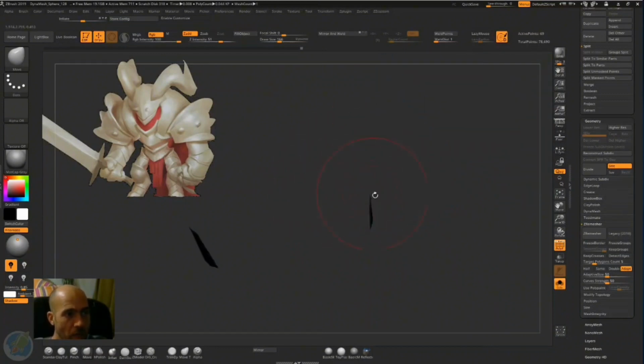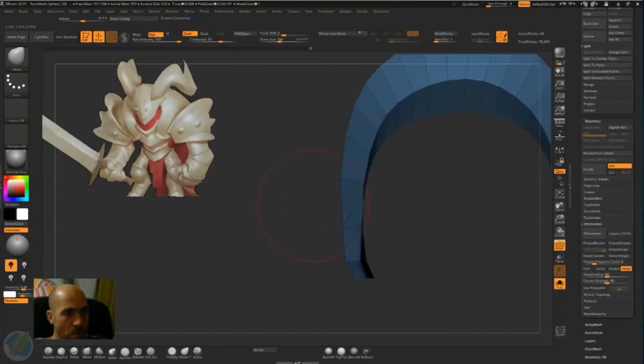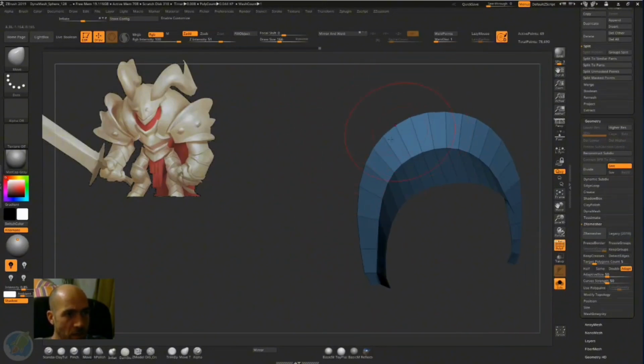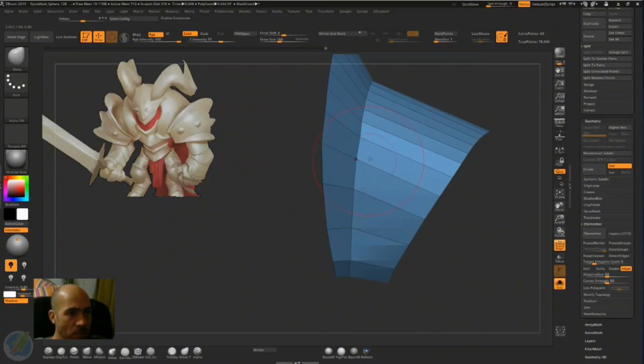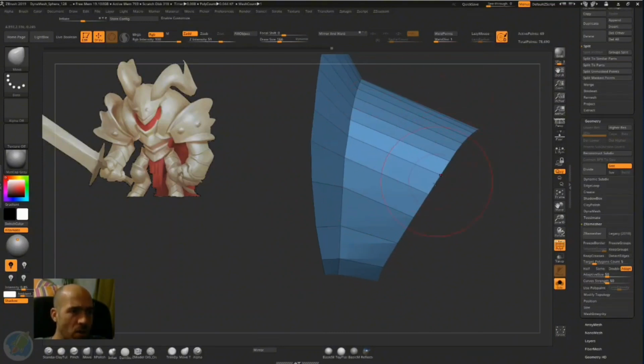We can do a lot of things with this brush. So it's very, very good. Z-modeler brush is one of the best tools that were introduced in ZBrush in recent years. Maybe the best, because it allows us to make things in ZBrush without going to 3D Max and stuff. Before that, I was always going to 3D Max, making